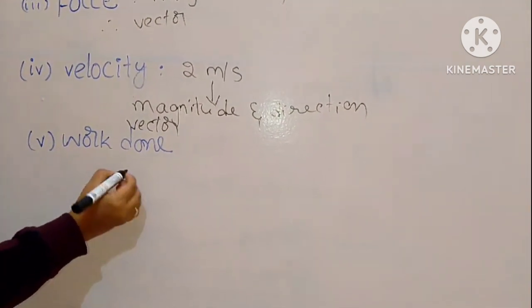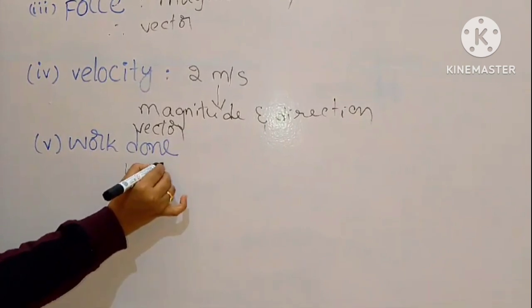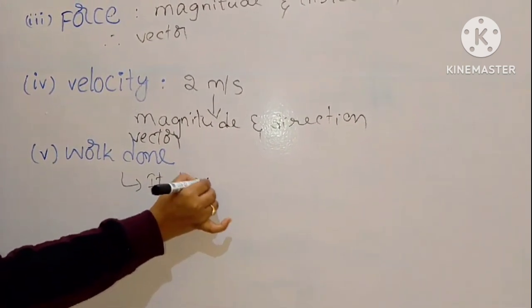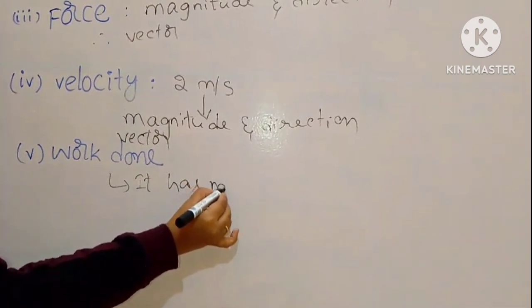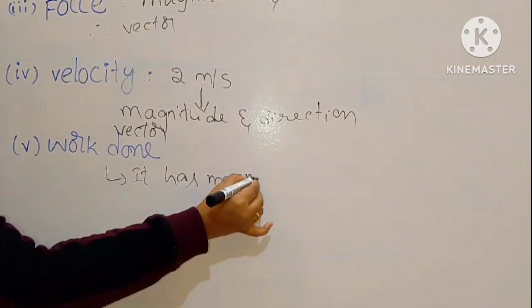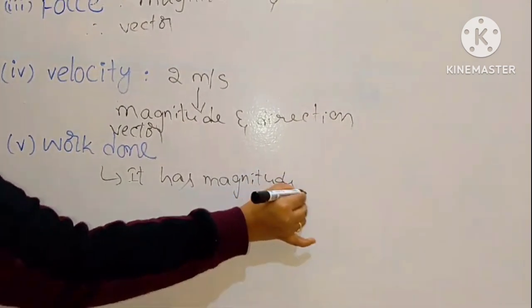Coming to the last one, work done. Work done has only magnitude. There is no direction. It has magnitude. So, work done is